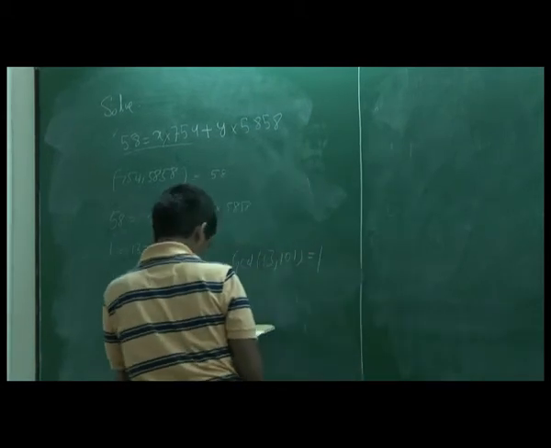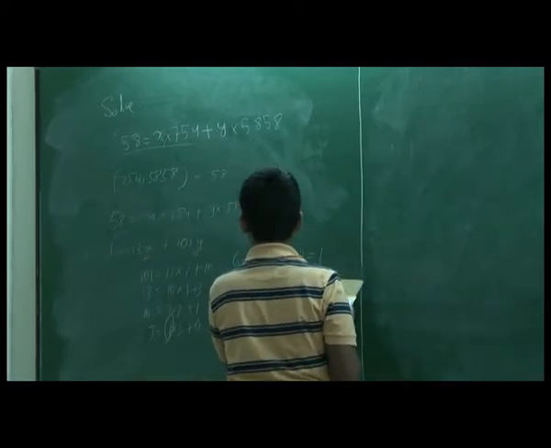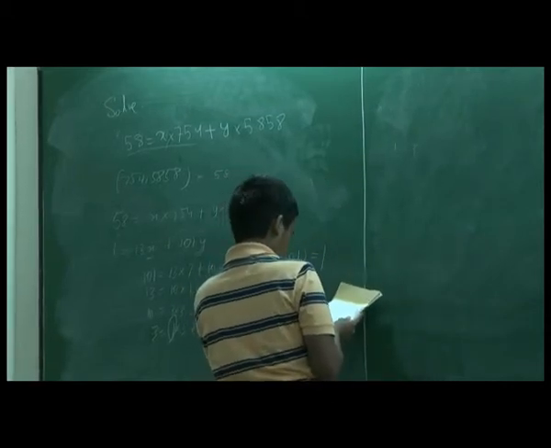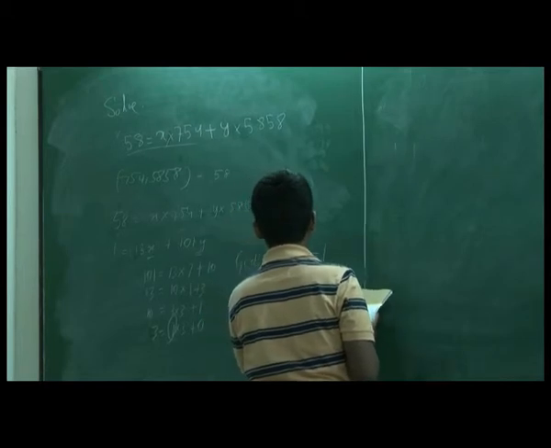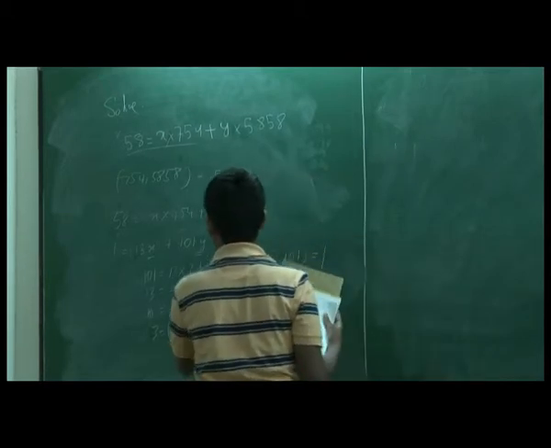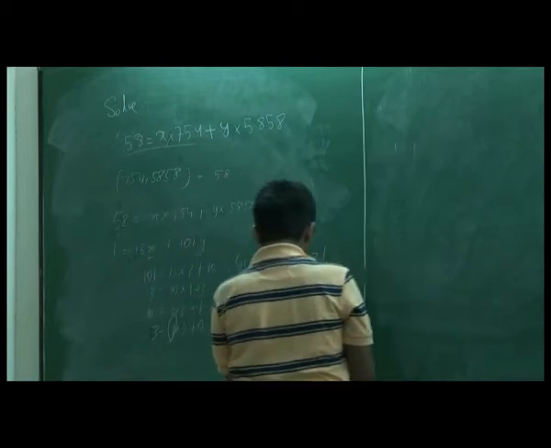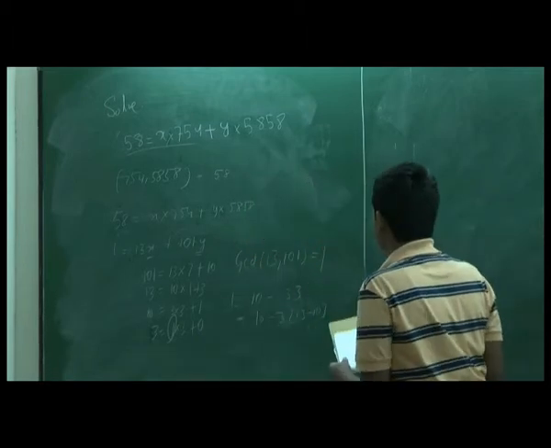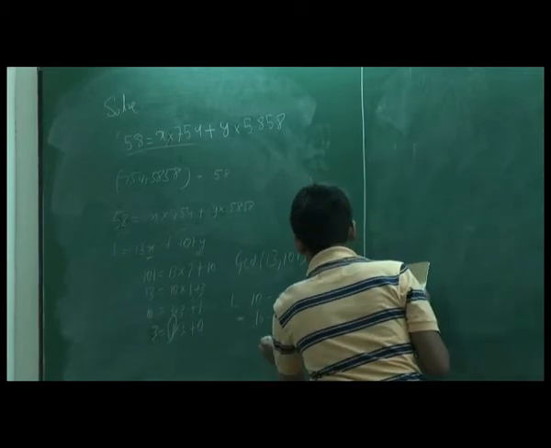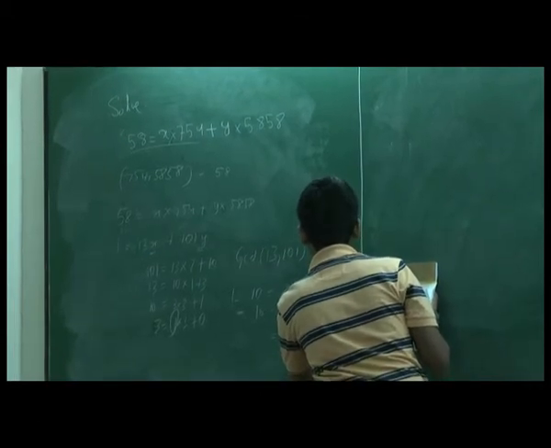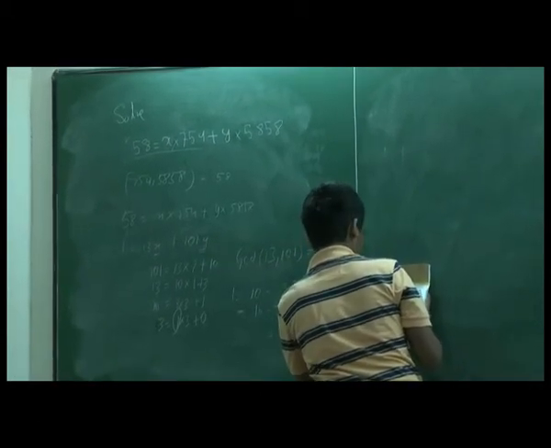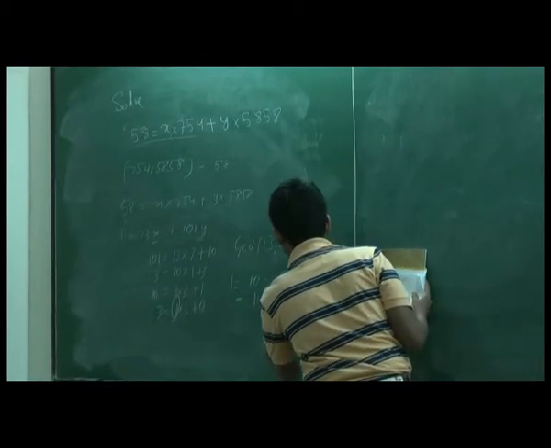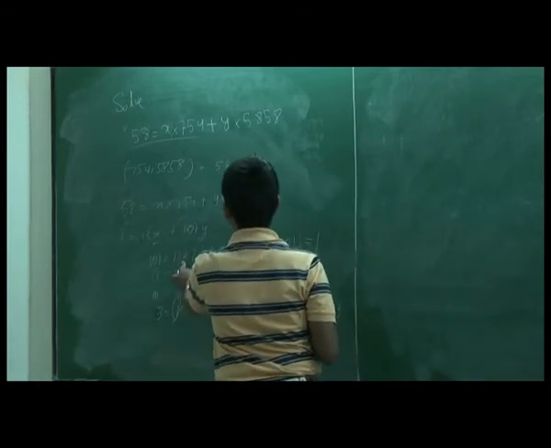Now working backwards, we get 1 is equal to 10 minus 3 into 3, which is again equal to 10 minus 3 into 13 minus 10. We can write 3 as 13 minus 10, which we get from here. Then we can again write this as 4 into 10 minus 3 into 13. We can write 10 as 101 minus 13 into 7.